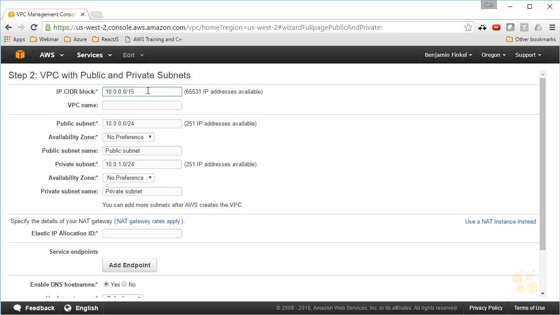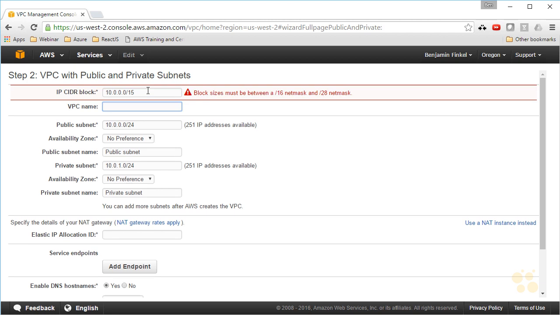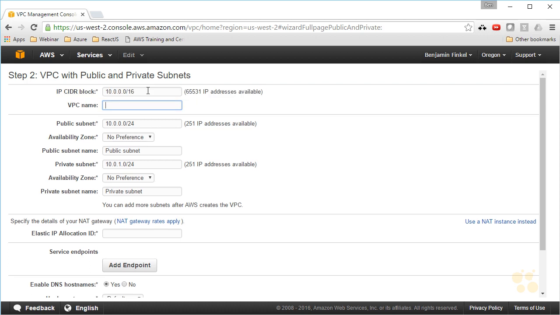If I try to make this /15, you see it says block sizes must be between 16 and 28. So those are my limits. I'm going to leave it at 10.0.0.0/16. I will call it CBT VPC. All right. So first I have to set up my public subnet. I will make my public subnet